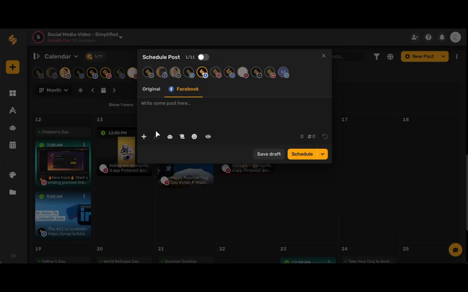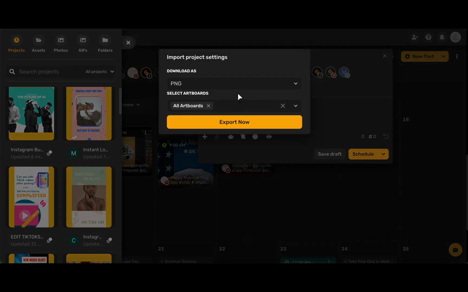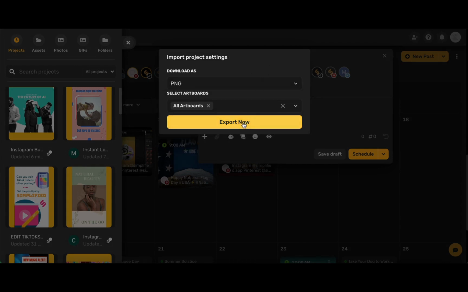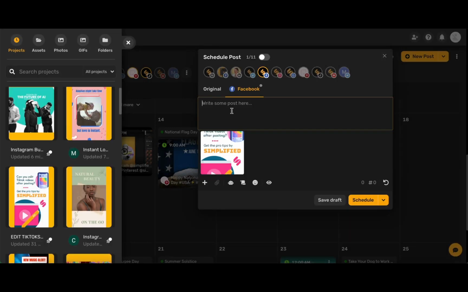And now we're going to upload our media by clicking here and either browsing our media library with all of our saved projects or browsing Simplified's fantastic stock libraries of images and videos. Go ahead and choose your artboard, and you can download as a PNG if you want to upload an image, or as a video if you're uploading a video. Go ahead and click Export Now,